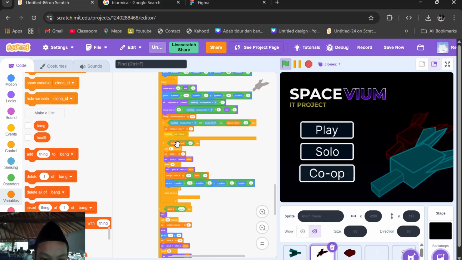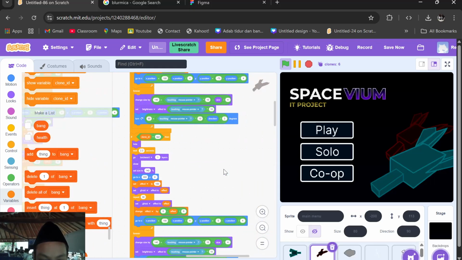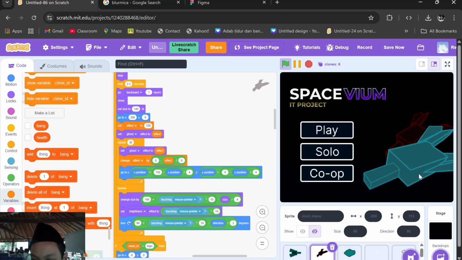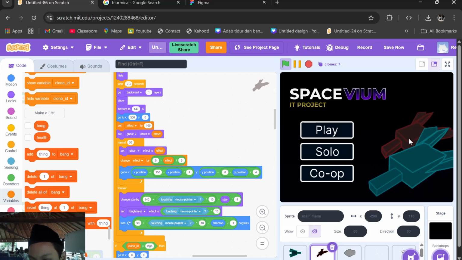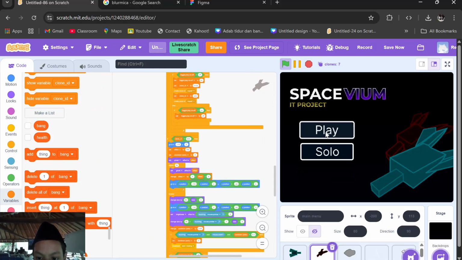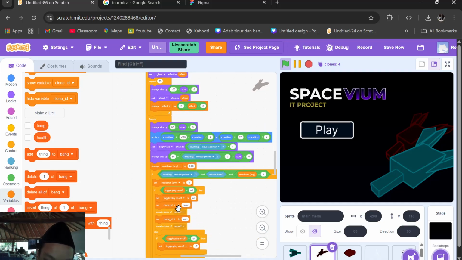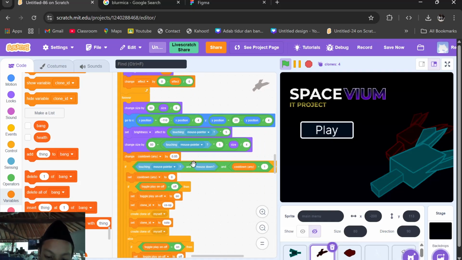For the play, it is also using the clone technique. Like the red one, there is a decorative one, and also the play. This will make clones of co-op and solo. For the co-op button, if you are touching the mouse pointer and mouse down, you make a broadcast and the cooldown.